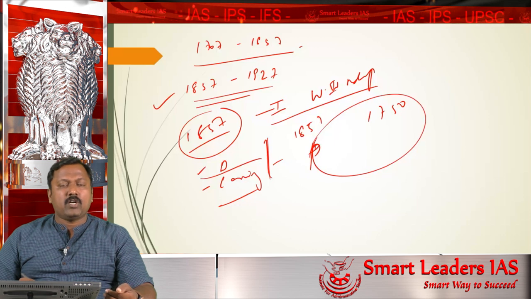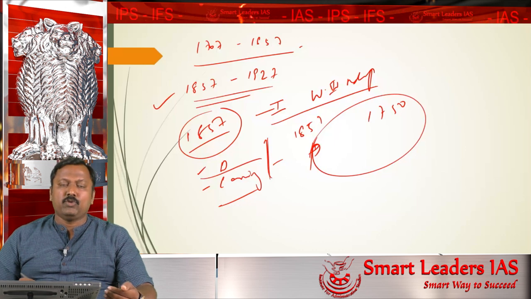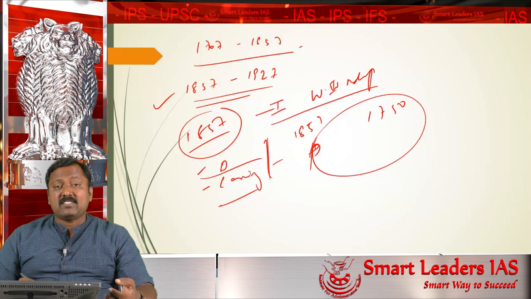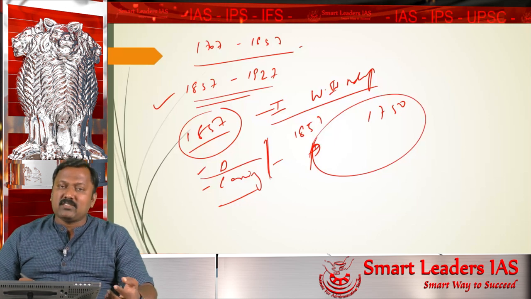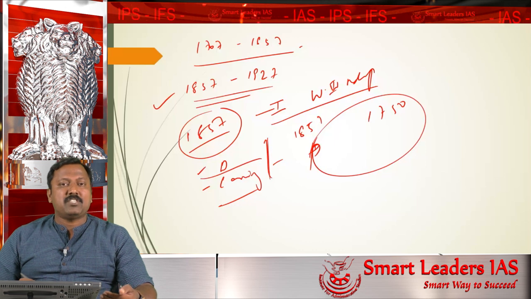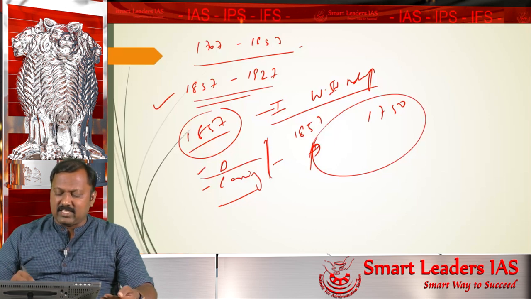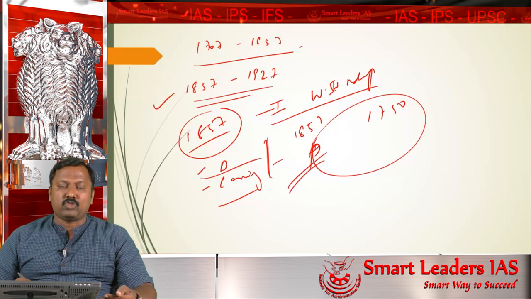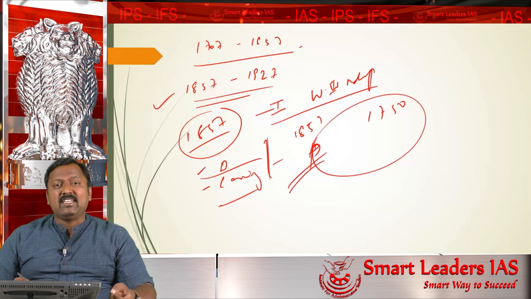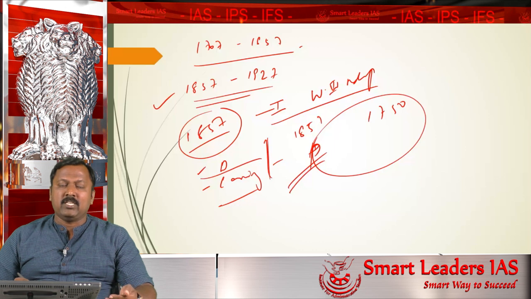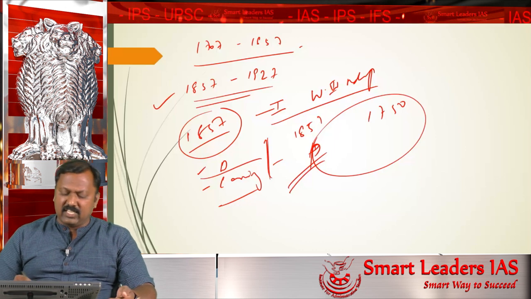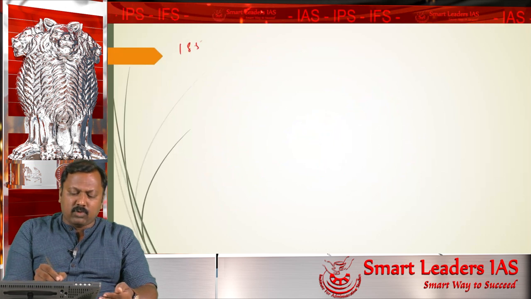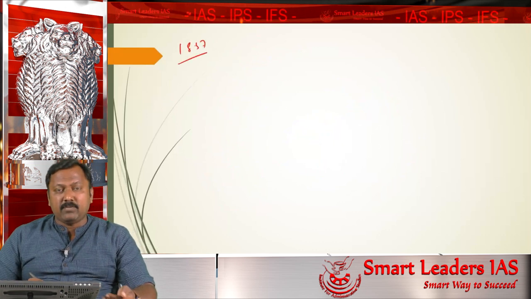It cannot be merely called a sepoy mutiny or sepoy revolt, because within a short duration of time, majority sections of the society participated in the revolt of 1857. So it is a great event, you must know, and the spark for the revolt happens to be the introduction of the greased cartridge, which I have already spoken about. Sufficient to know that in 1857 a great event had happened. But you must know, within a short duration of time, the revolt of 1857 had been defeated by the British.